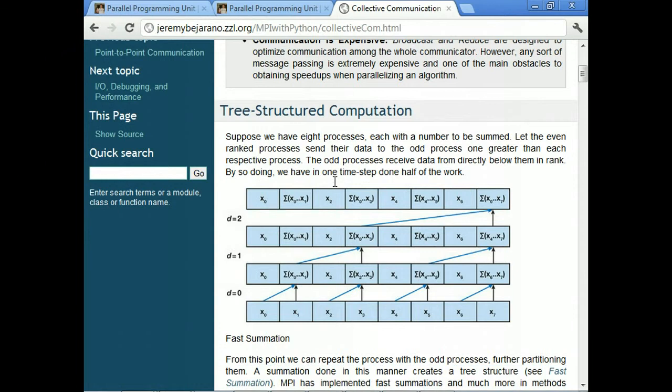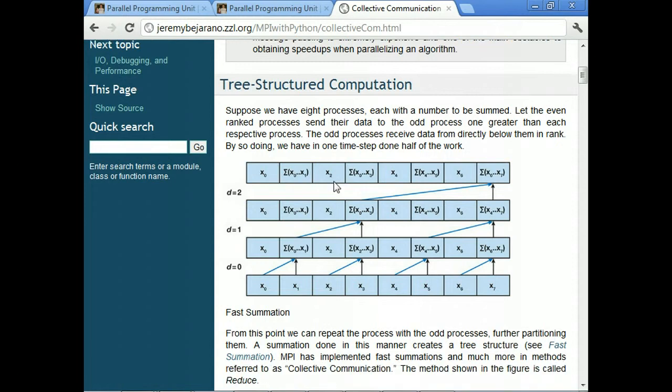But there's a more efficient structure for communication, and this is one particular structure that we'll show: tree-structured communication. This increases the efficiency, your use of all the processes, and it can reduce your time.